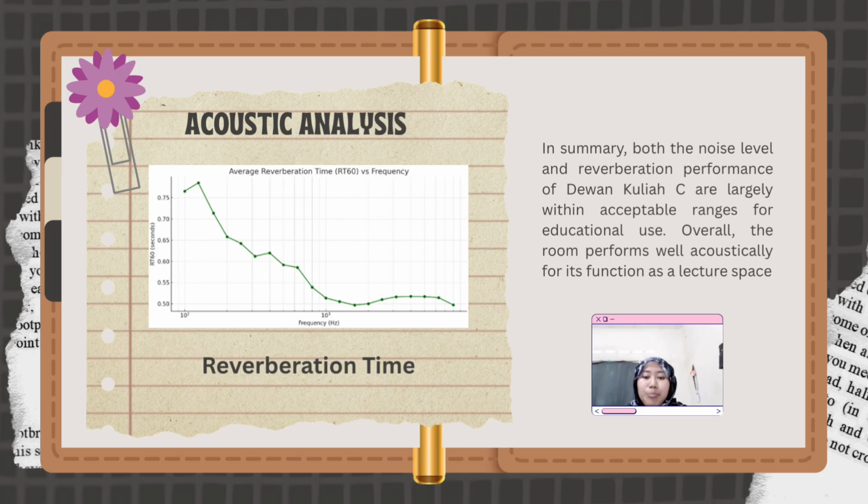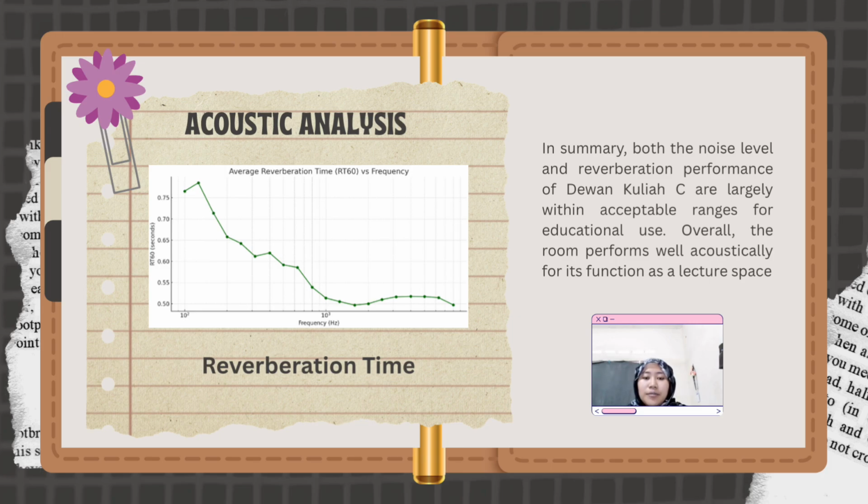However, in the mid frequency range from 500 to 2000 Hz, which is where speech occurs, the RT60 remained between 0.52 and 0.59 seconds. This is within the recommended range of 0.4 to 0.6 seconds for a lecture hall, according to ISO and speech